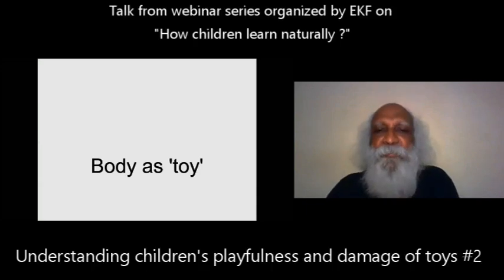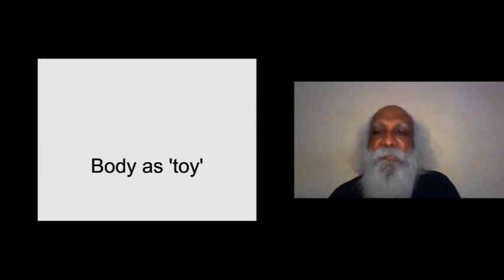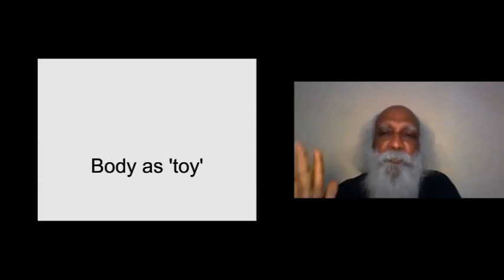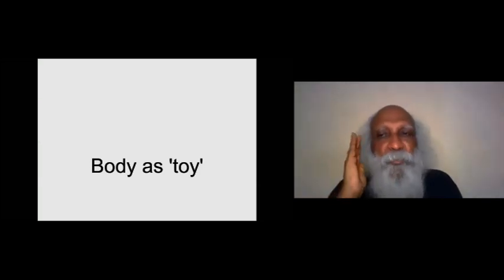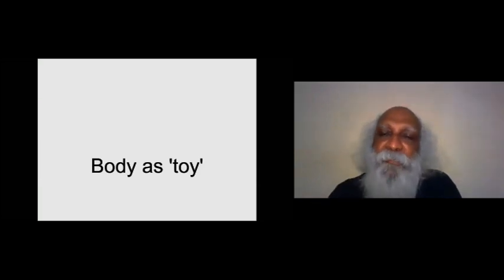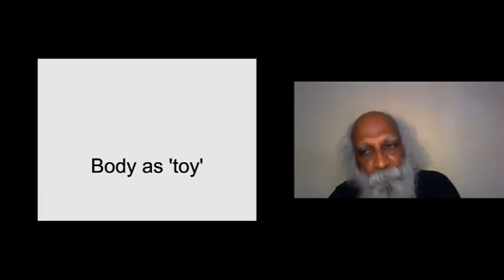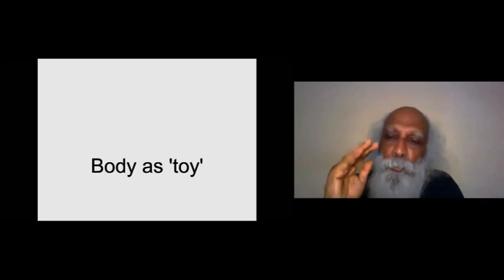So I'll go into this final session where I'm looking at body as toy. You will see that quite often you will find children doing this. The other day I came across a child using her palm as a mobile phone, just the palm. So again, what I would like to state is that children are not looking for a toy. Any object, even their hand, would do to be used as a toy.